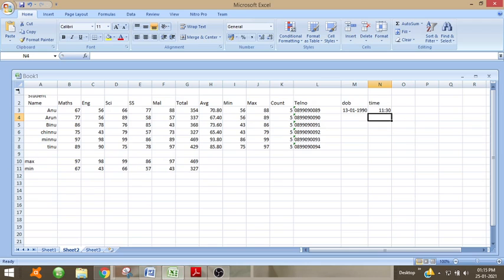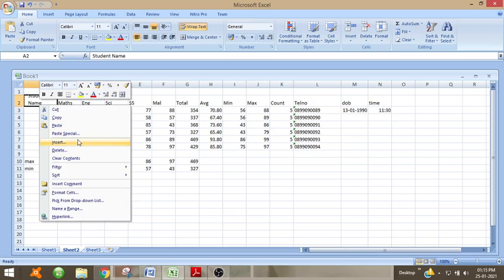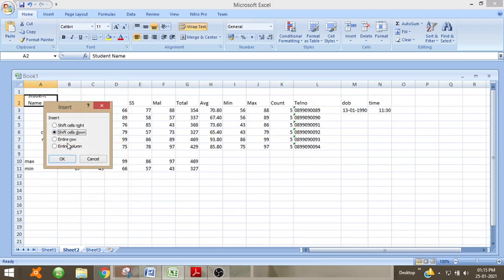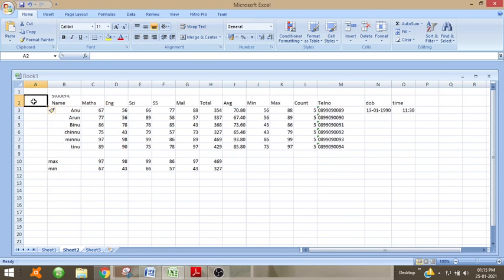So if you want to give roll numbers to children, insert a column. For typing numbers from 1 to however many you need, just type two consecutive values, that is 1 and 2.